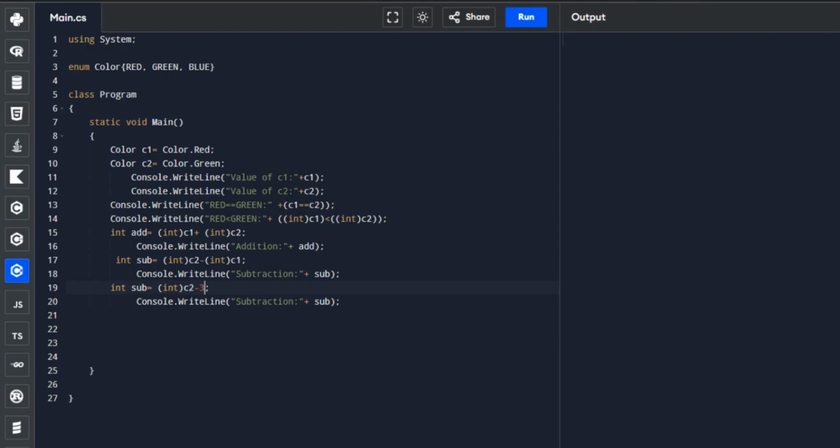So we will do the same, but in this part we need to cast C1, converting it into an integer, so that we could multiply the value and put it in the integer variable named mul. And let's display the multiplication.